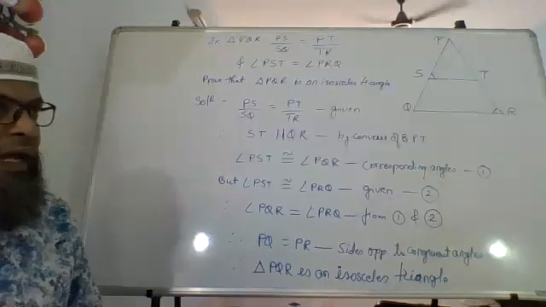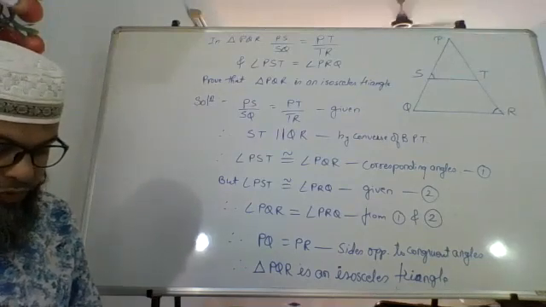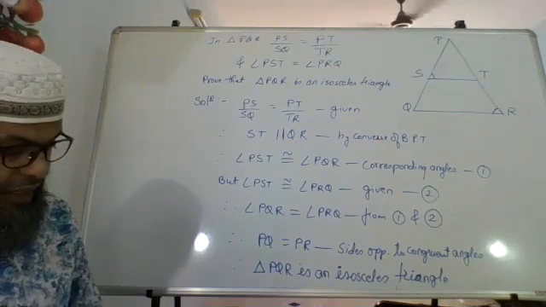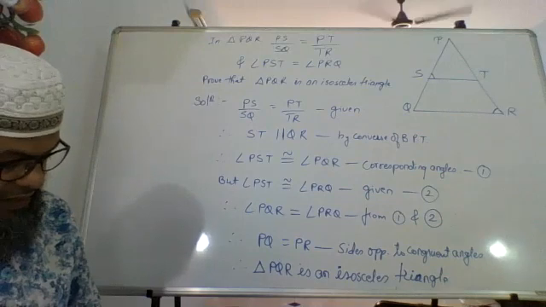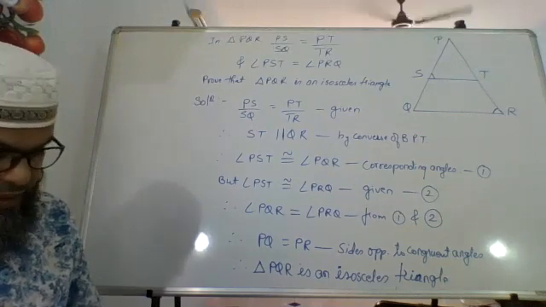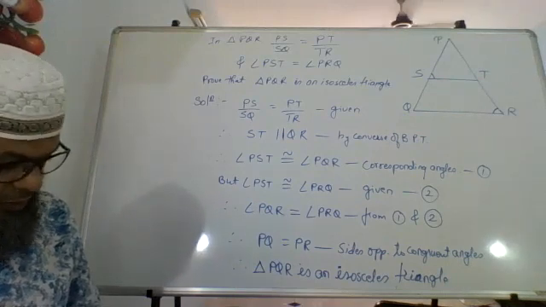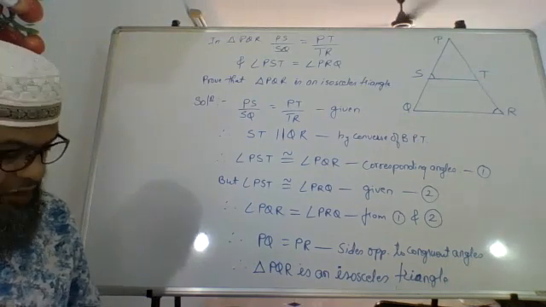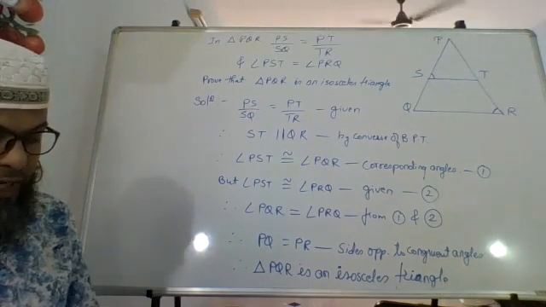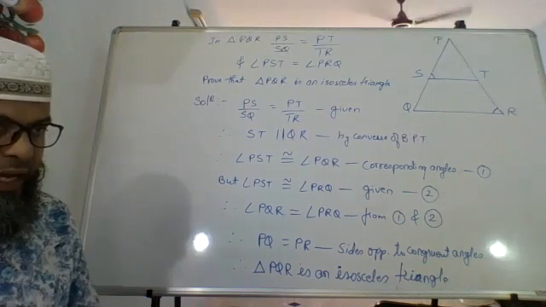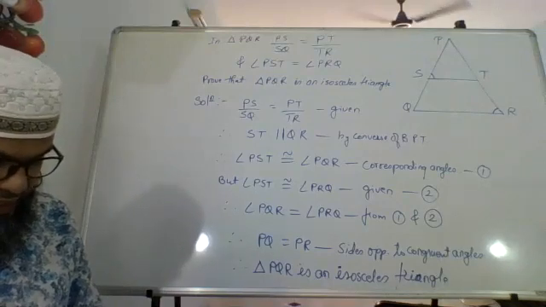Then there is going to be an SSS test. What it is, again, we will see in due course of time. And you'll also have an SAS test. These are some of the criteria for similarity of triangles that we are going to see. The minimum 3 of them: AAA or AA, then SSS and SAS.